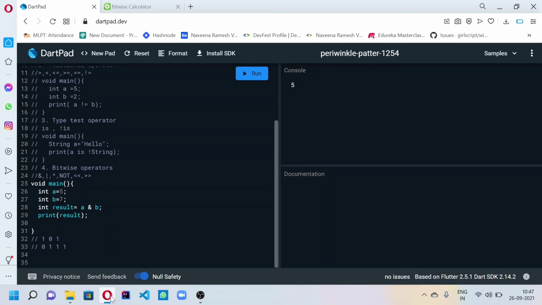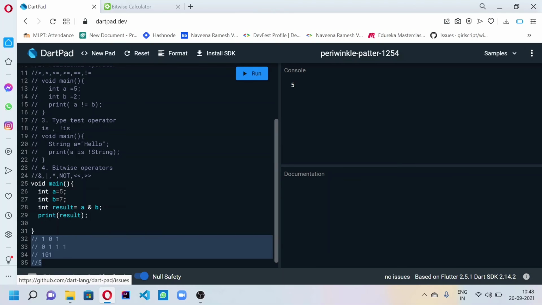It will compare both bits. If the bits are 1 and 0 it will return 0, if 1 and 1 it will return 1. In that case we get 101. So 101 is nothing but 5. That's the answer. The same operation applies to or, XOR, everything.